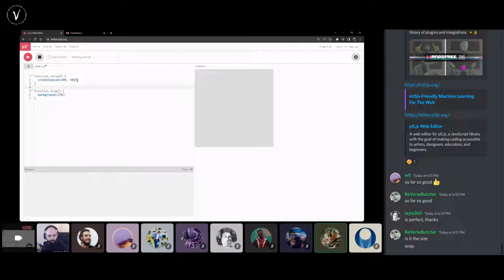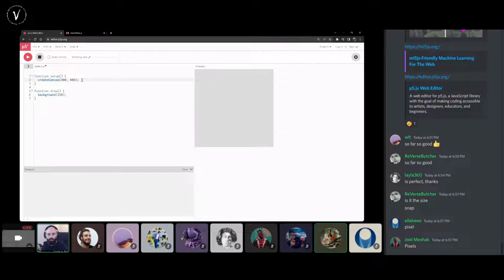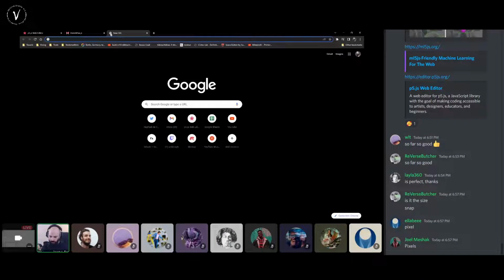That would be height and length, I guess. So something like that. Width and height. Oh yeah, Ellaby and Joel got it. So yeah, pixels. Maybe you've heard the term pixels before, maybe in pixel art. But in this particular case, pixels are a unit of measurement that is the smallest amount of color information that you can have on a screen. Essentially, if you took a magnifying glass to your screen,